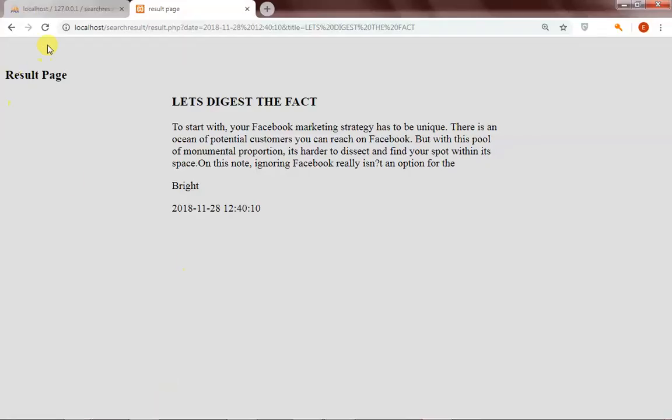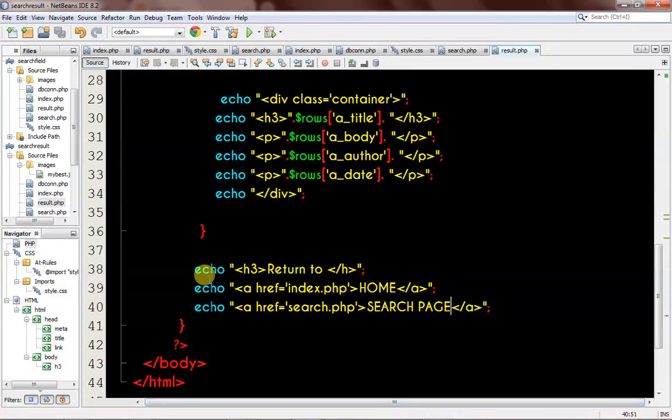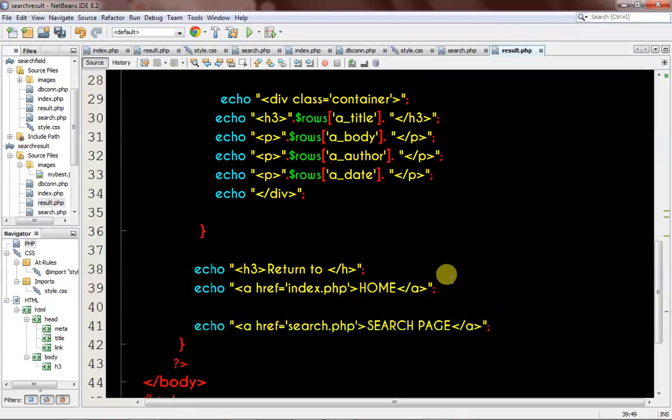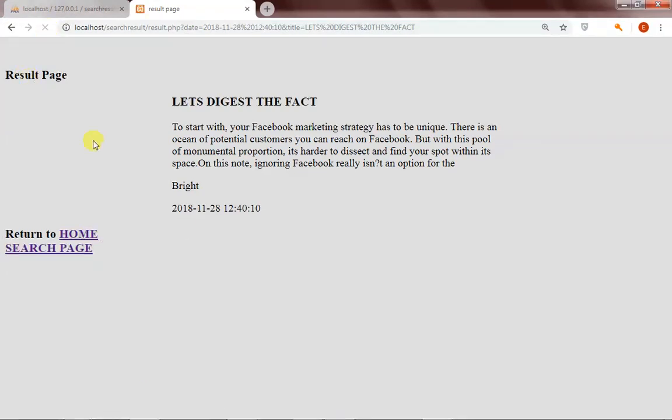Alright, so let me quickly save this, and then head back and refresh. I think we actually need to add a break, so I want to echo out a break. Just copy this, then paste, and change this link right here to a break, br. Then refresh. As you can see, as soon as the user clicks on home, it takes you back to the